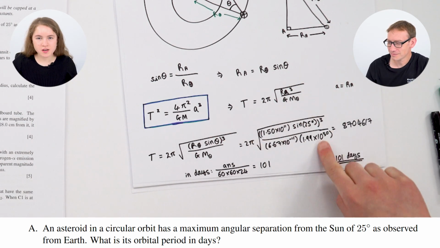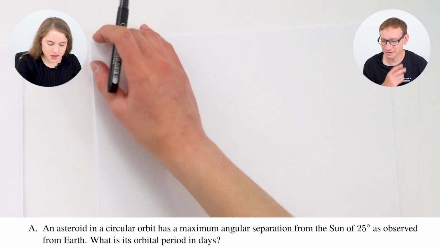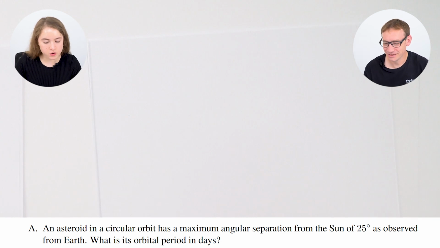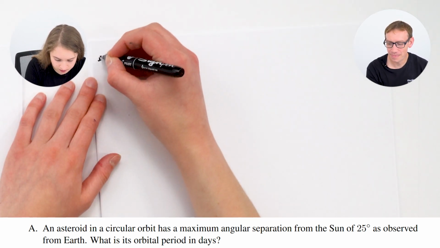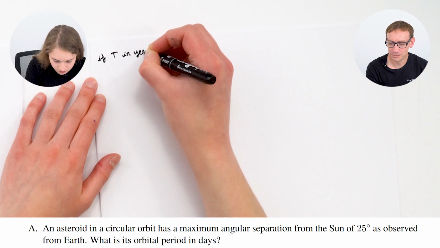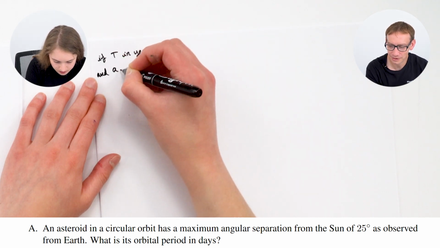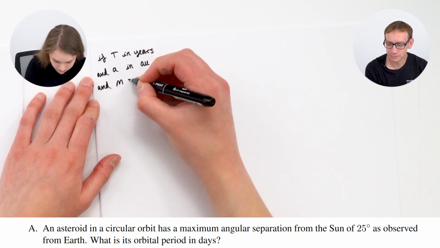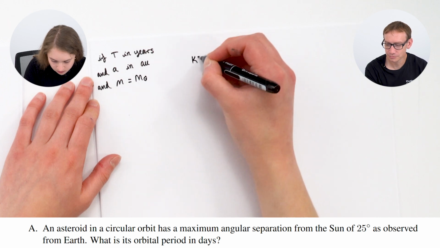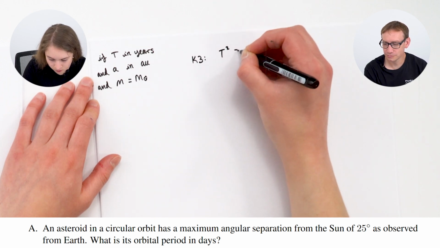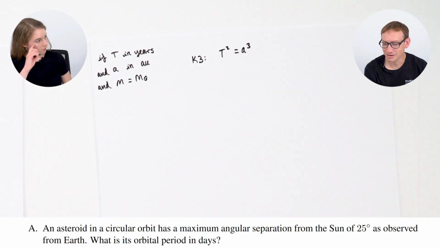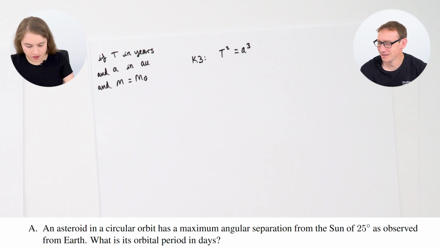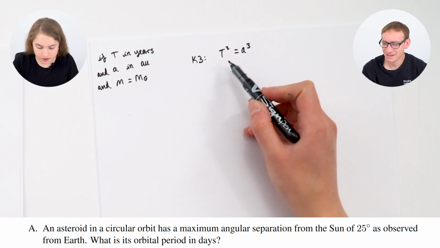Yes, but we actually didn't really need to use this formula. We could have done this much quicker. It's always important to make, if not a physical note, then definitely a mental note of what units you're using. Because if we use T in years and A in astronomical units, and the mass that we're orbiting around is the mass of the sun, then the version of Kepler's third law that we can use is simply T squared equals A cubed. Okay. I didn't know that. So it's not just proportional, it's an equals. Yes, that's awesome. If the period is in years